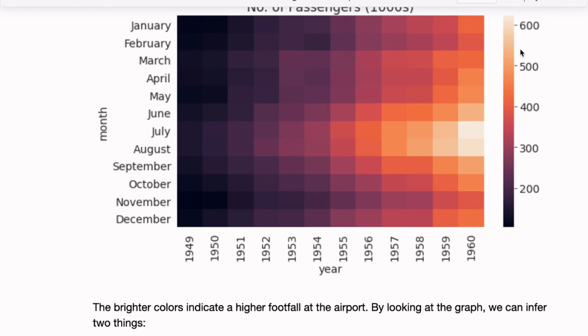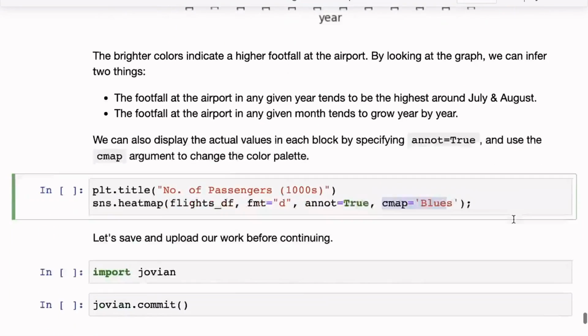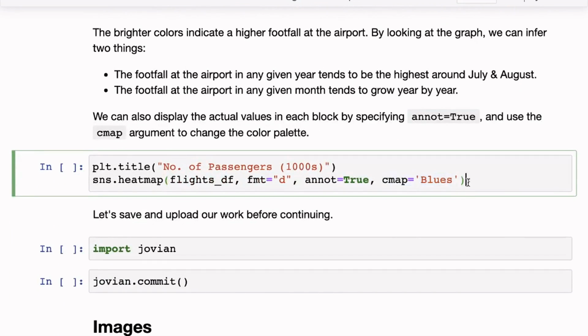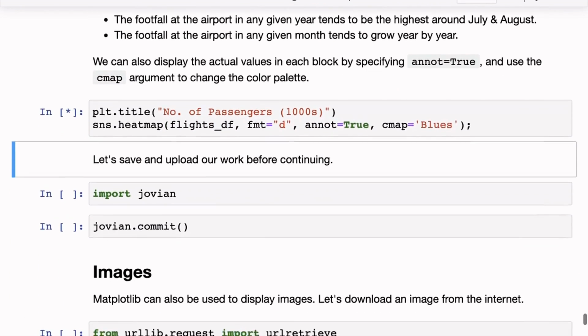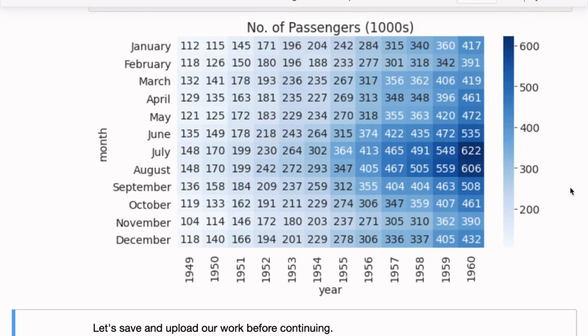I actually would prefer the opposite: a lighter color to show a smaller number of passengers, and a darker color to show a higher number of passengers. You can search for color maps in Matplotlib, and there are a lot of pre-included inbuilt color maps. I'm going to use a color map called blues. That's going to be slightly different from what you saw before, and this is what that looks like.